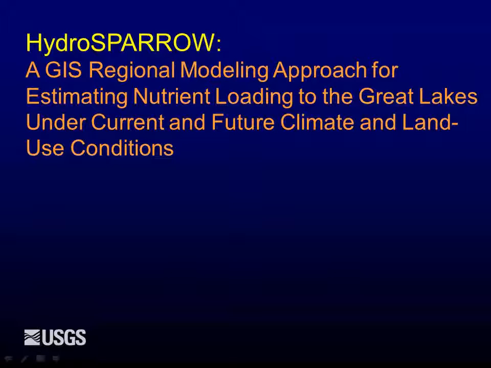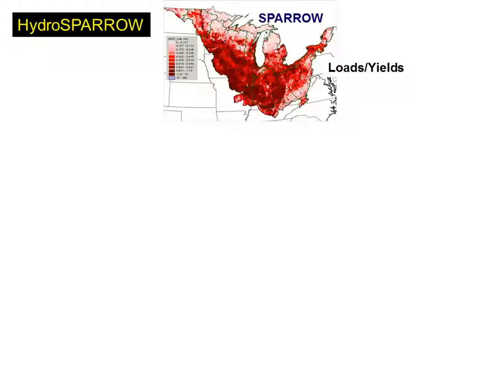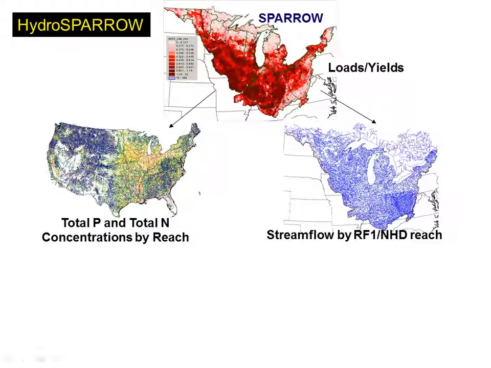So that's where we are if we're looking in the past. We have also developed a few ways to look into the future, whether it's changes in land use or changes in climate. To do this, the approach we've termed is called hydro-SPARROW. The reason I called it that is that we're taking our SPARROW estimates and breaking them down into two pieces: concentration and flow. So this is where the hydro part comes in.